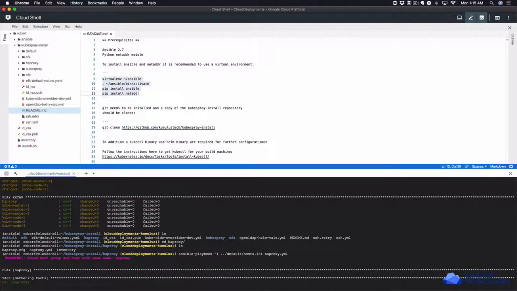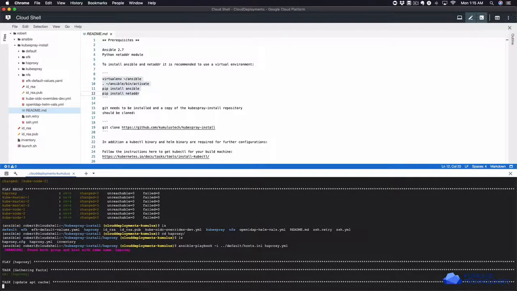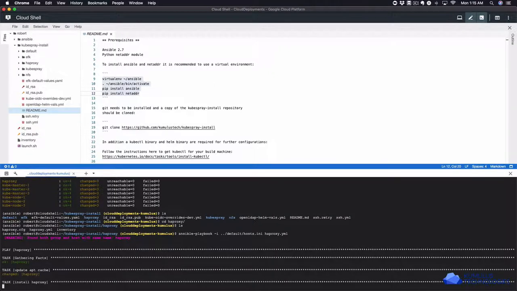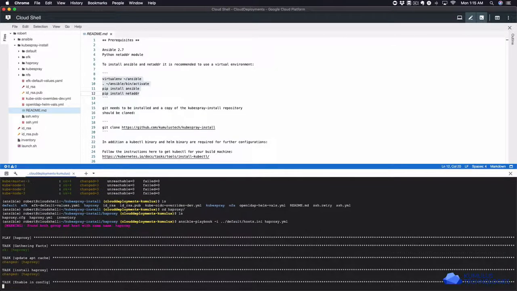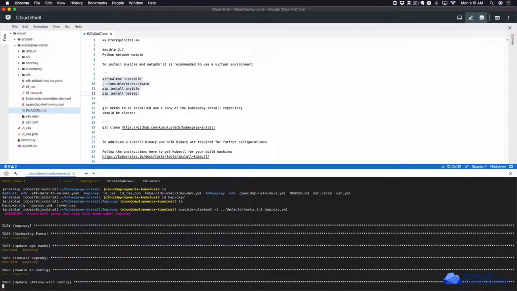So this will go ahead and update the HA proxy node to have HA proxy installed, and that's important for us for enabling the load balancing against the 3 master nodes that we're going to deploy. It shouldn't take all that long. It's installing from package, so